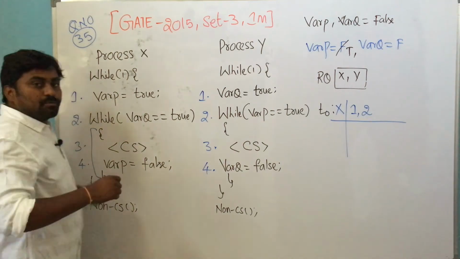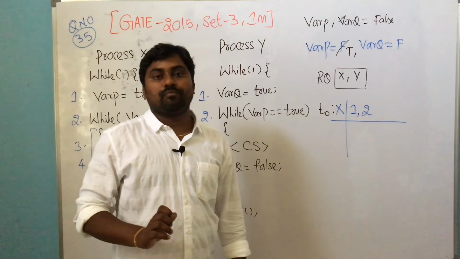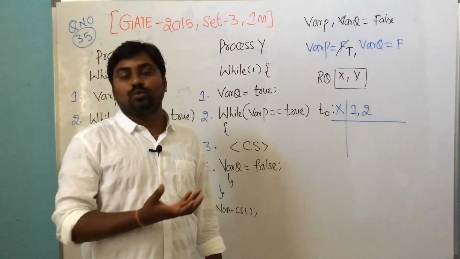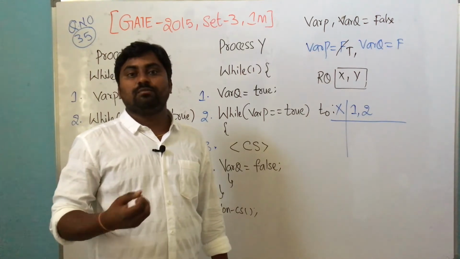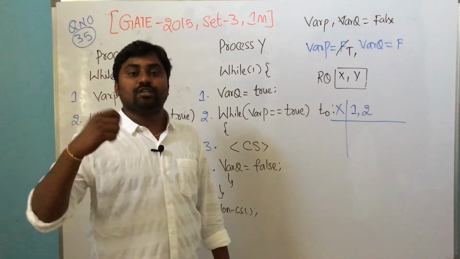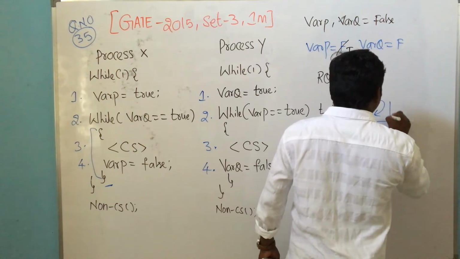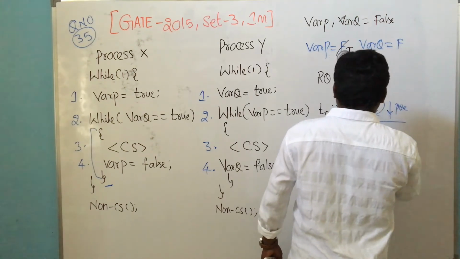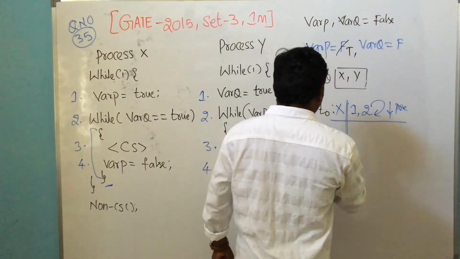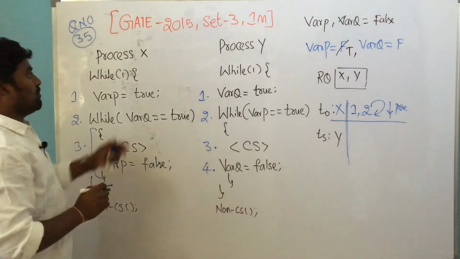This code is going to be running until this becomes true, correct or not? Until that becomes true. But is it using the CPU continuously? No, because I told you about the typical time sharing system. So definitely after some time the CPU time will be completed, then you have to preempt. So now this is going to repeat, and after that suppose some preemption occurs. Due to time, if the preemption occurs after T4, assume that, T5 assume that, then process Y will come for execution. So what will process Y do?